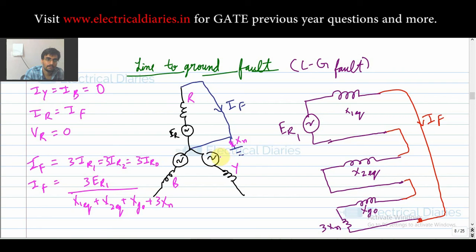So these 3-4 equations you should remember for the LG fault, and you will solve any question. And for your curiosity, all this is referred to as the zero sequence equivalent, where xg0 is the generator zero sequence reactance. So that is what you need to remember for the LG fault. Your grounding is necessary for your fault current to flow in the LG fault. So this is all about the LG fault.